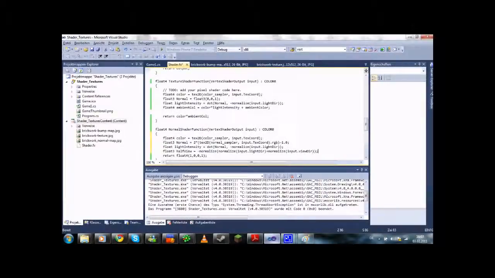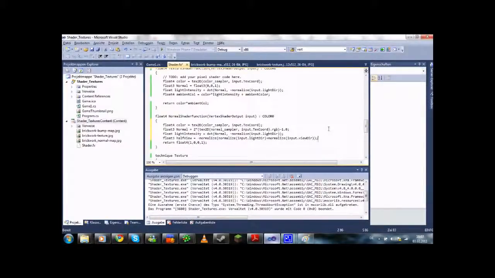Then we will calculate the ambient color. It will be pretty much as before. It will be the color times light intensity plus ambient color, and float for specular color will be, and now this is making stuff look really fancy. This will be the dot product of the half view vector and the normal,